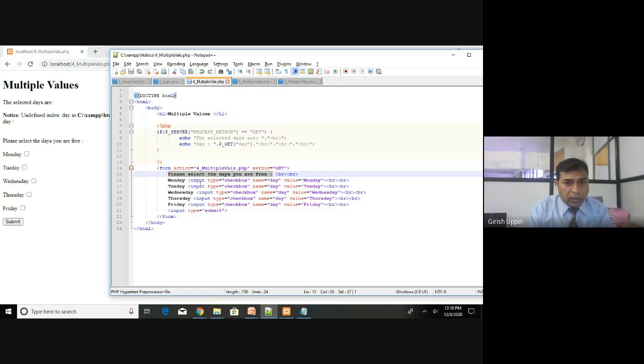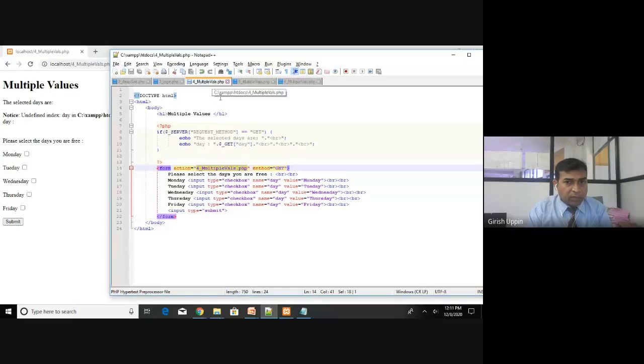So those are input type checkbox, name is day. If you see, all these are type checkbox, but the name is exactly the same, day. Day is the name, and when I select this particular checkbox, what is the value I am assigning? Monday. That is the value I am assigning. So let me select. Okay. And once you submit, what happens? This form data gets submitted to this particular server side, and this PHP is called,